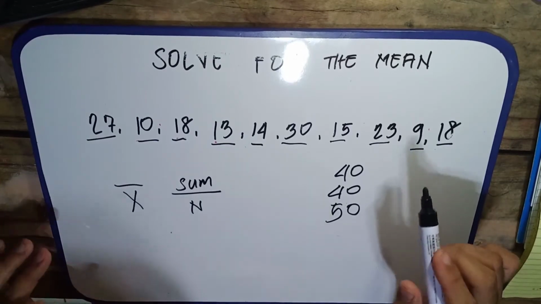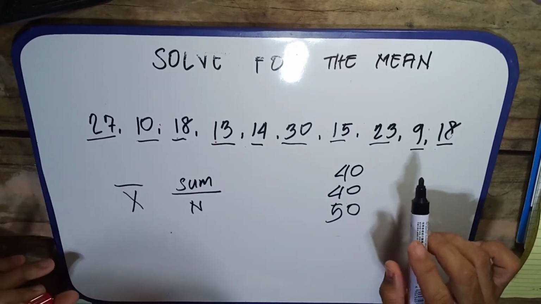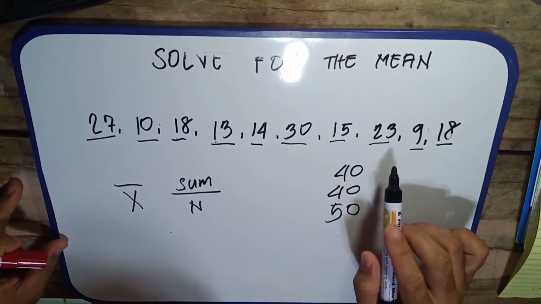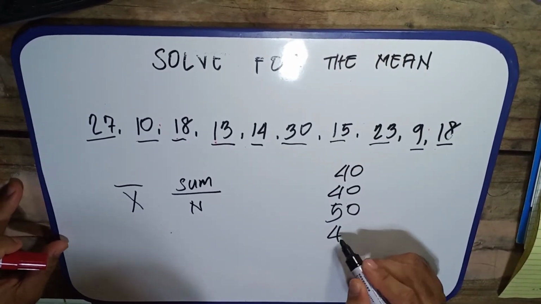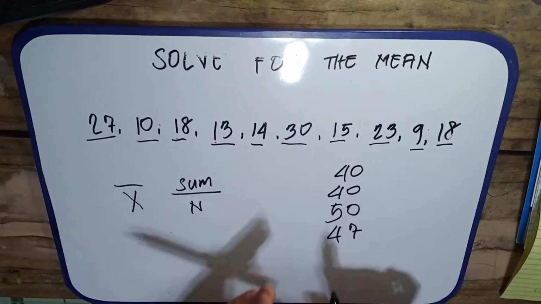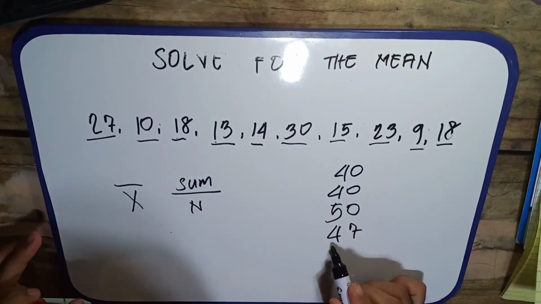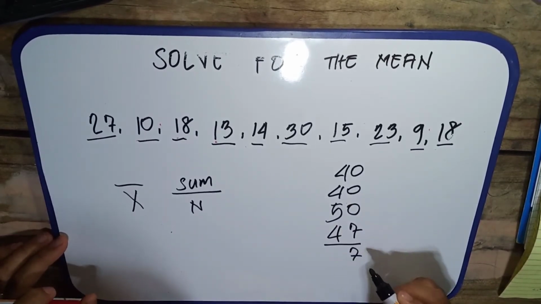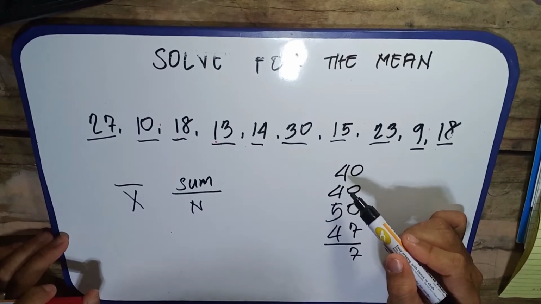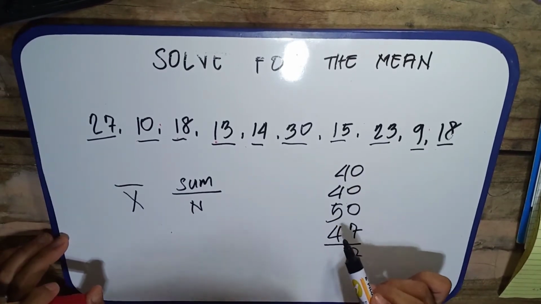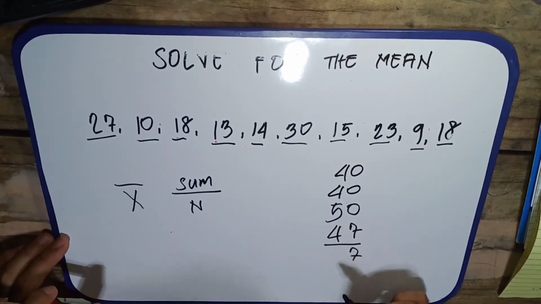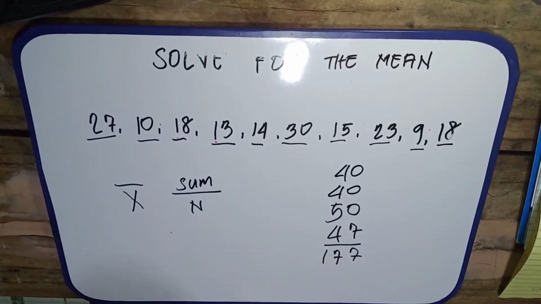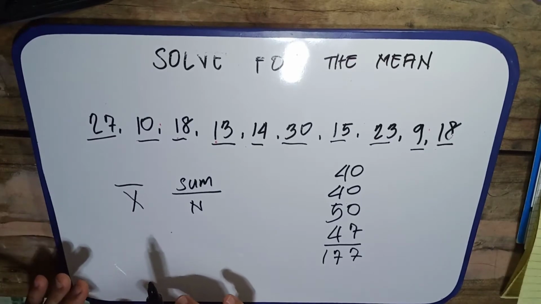So 23 plus 9 is 32, plus 15 is 47. So in this case, it is easy now to solve these numbers. So 40 plus 40 is 80, plus 50 is 130, plus 47 is 177. So remember that in solving for the mean,